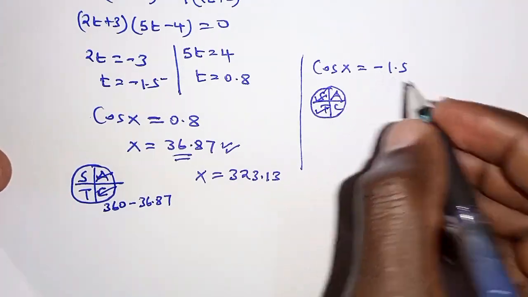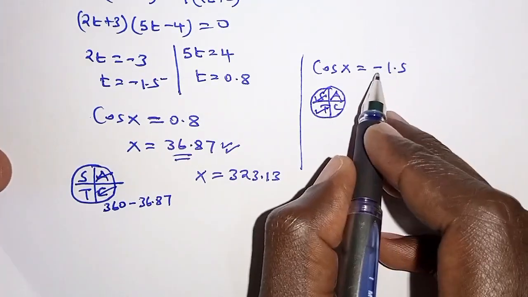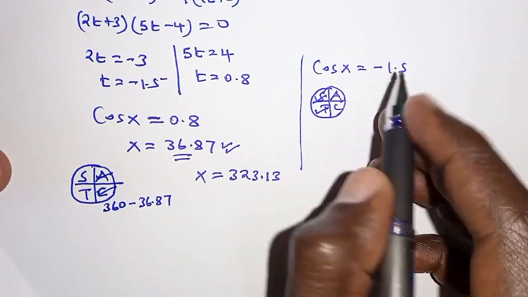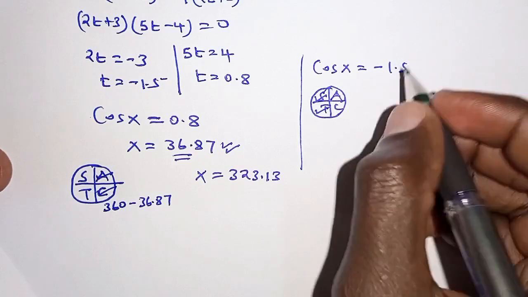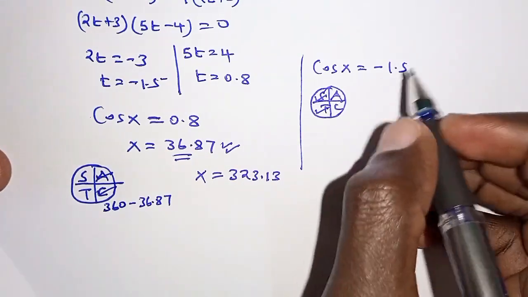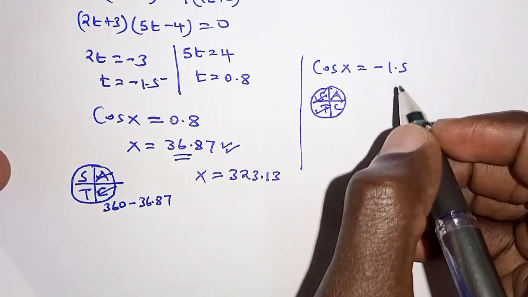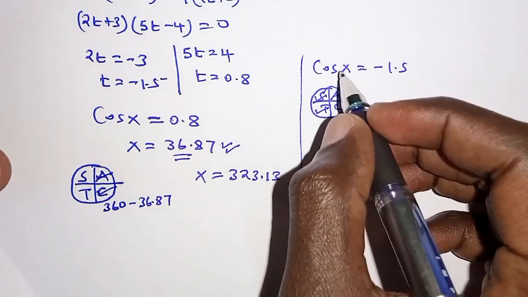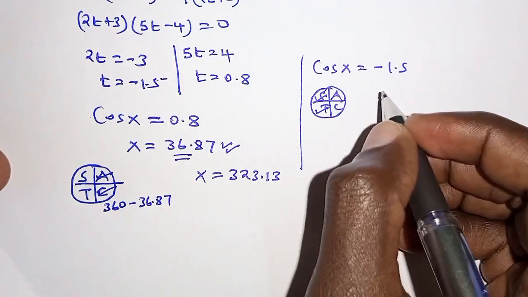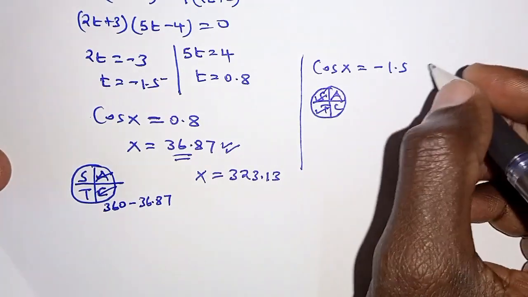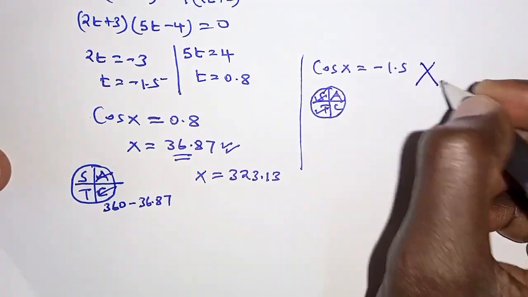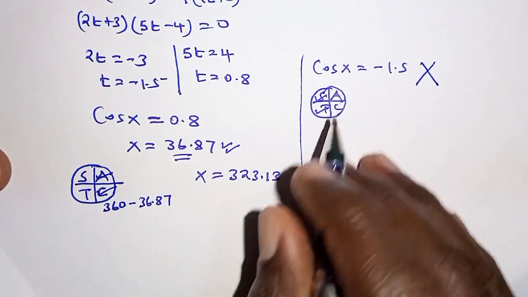But remember, for this particular case, if we first ignore the negative and then find the cosine inverse of positive 1.5, we realize that it will not give us the desirable result. The result is an imaginary solution, and therefore we will not consider this as part of the solutions desired in